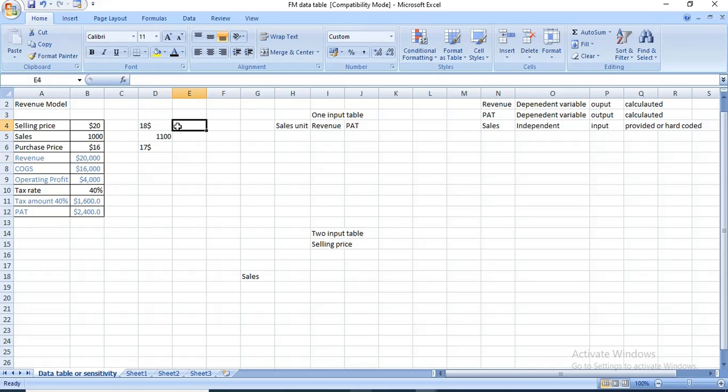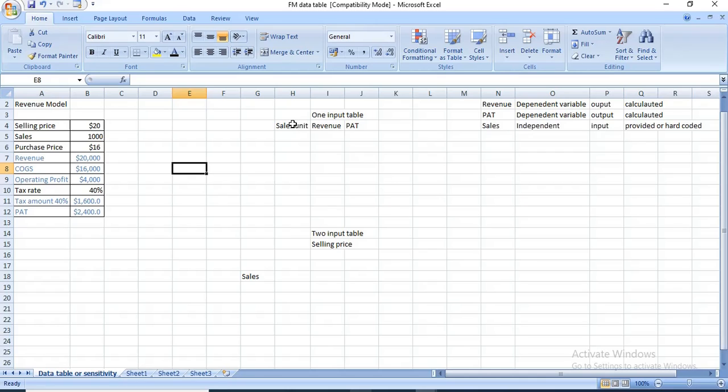But let's say you are making a sensitivity model, or you are making a table in which you have many selling prices like 18, 19, 20. You want to know your revenue or operating profit or COGS with different values. What if I change these values multiple times, then what will be the result that you want to see at different stages? Then you don't have to do the calculation every time manually. You can use sensitivity analysis or data table in Excel. So in one click you will be getting the results.